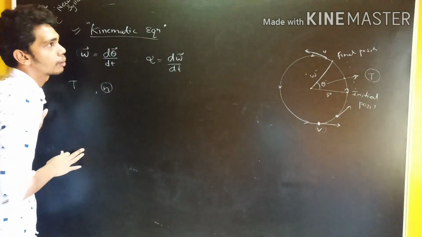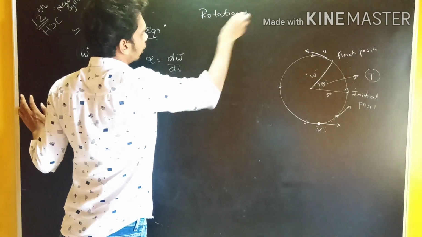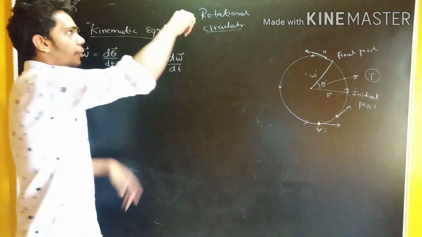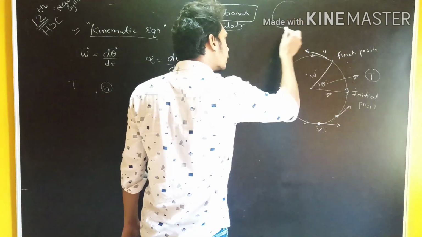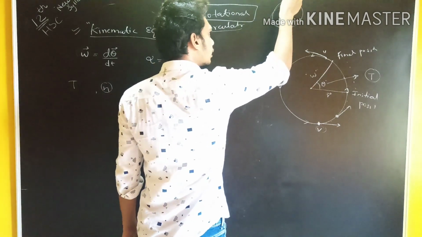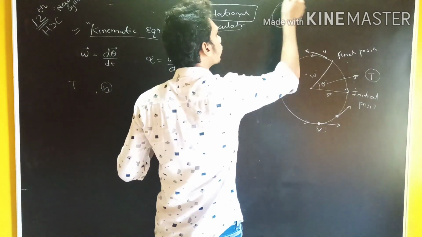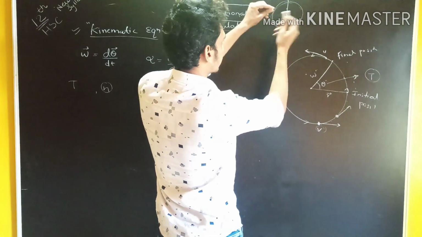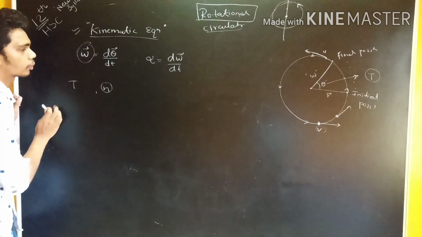One more point I am going to talk about. When you talk about circular motion, that means the object is moving in a circle. But when you talk about rotational motion, there is one more point that is additional: the object is moving in a circular path, but suppose this is the center of mass and it has an axis passing through there. So in rotational motion, the object is moving in a circular path with an axis at the center, and the direction is like this only. So that is angular displacement. We want to talk about that.